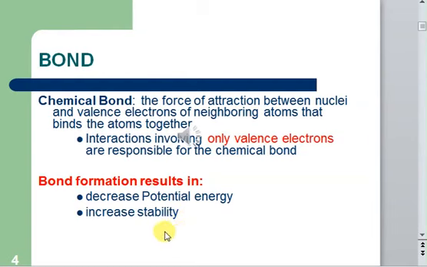So atoms will form bonds in any way. Either they share electrons, or they give electrons, or they take electrons, and the purpose is just to complete their outermost shell. Because once the outermost shell is completed, the potential energy will decrease, and decreased potential energy will result in increased stability,